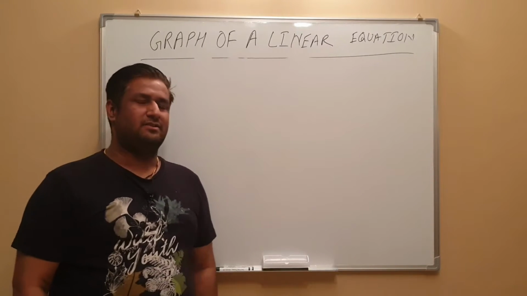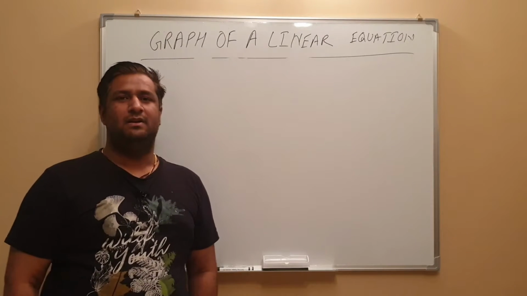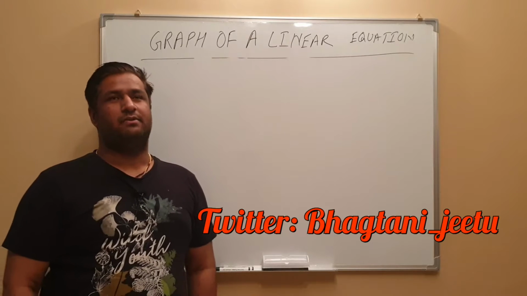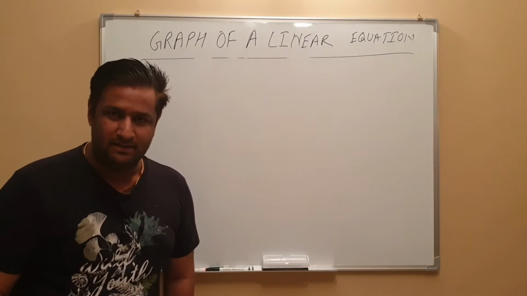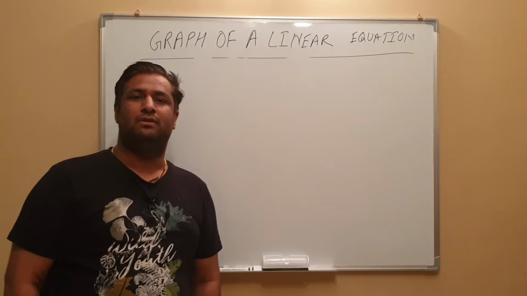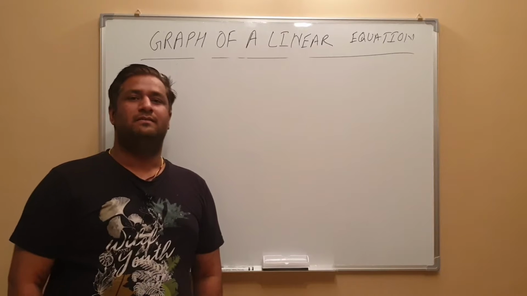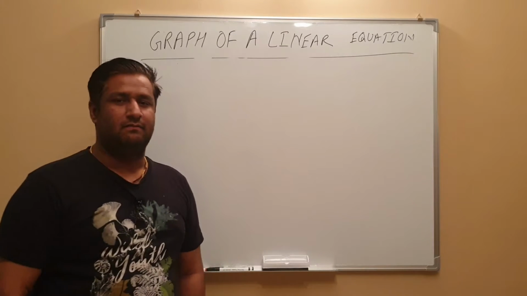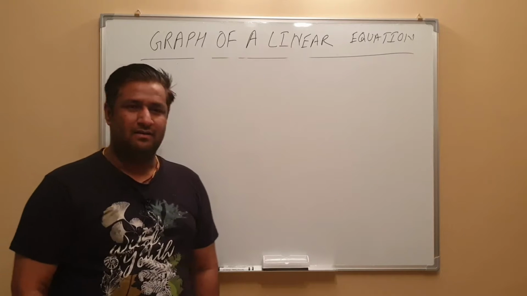In the previous lectures, we have already studied the basics of a linear equation, how to find the solution of a linear equation, the general form of a linear equation, and how to graph a linear equation using both methods. One is the intercept method, and the other is putting in random values of x and y and getting the corresponding values. So, we have done all that.